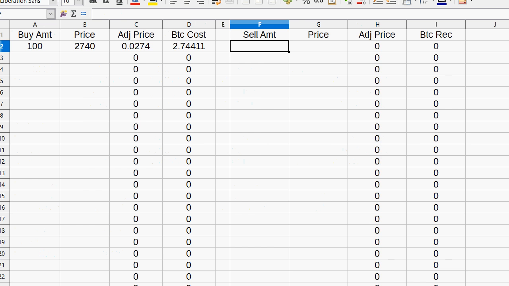So for trades, this is how I've got it set up. I put in how many I'm going to buy. I put in the price and a 4-digit code. It'll automatically put it into the Litecoin price and then automatically calculate how much it's going to cost. Or in the case of receiving, with that of